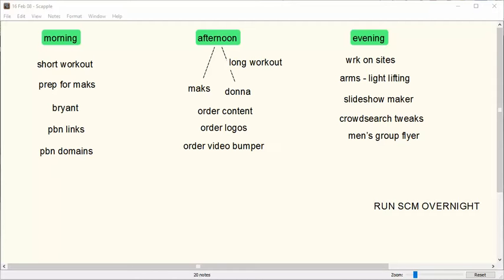I'm going to show you a tool that could not be simpler or less expensive. Actually, you could get by without it with just maybe a text editor. But I wanted to touch on how I shape my days up. And this usually takes me, gosh, maybe 15-20 minutes in the morning while I'm having coffee to put this together. But this is a little program called Scapple. I think it's like a $10 or $20 program or something like that,